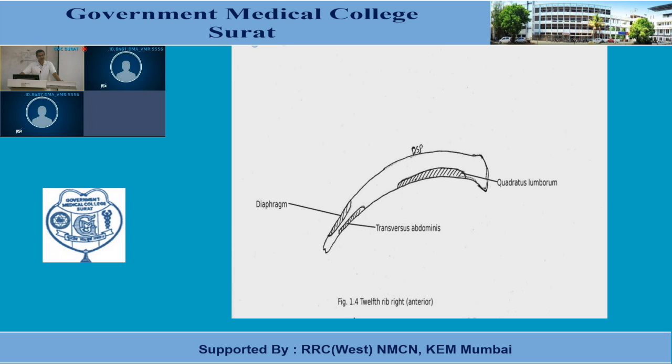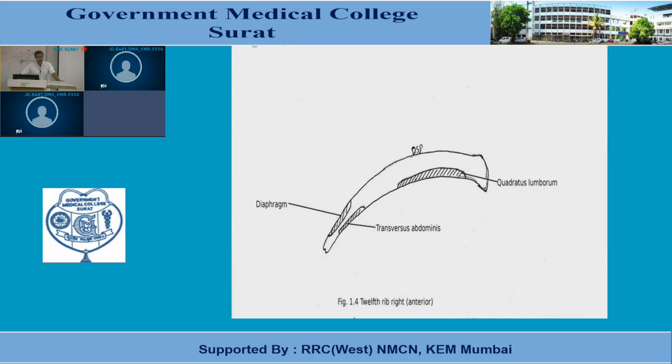The 12th rib is again small, with no neck, no tubercles, no costal groove. It is the lowermost paired rib, and it shows two surfaces. As there is no costal groove, it shows an upper margin, lower margin, anterior surface and posterior surface. See the difference.